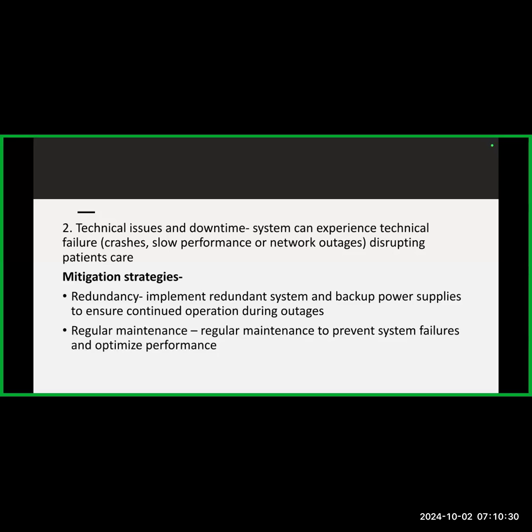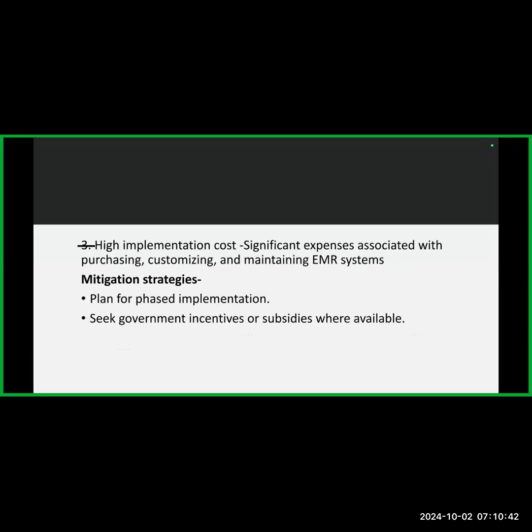It could be having local access, that's the intranet, that can still give you access to a few things, or even having a paper system available where when these documentations are made, they can be transferred eventually to the system when it comes back up. And of course, another way to prevent or manage this is regular maintenance. Cost of implementation, well, this is something that must be planned before you start. You could do it in a phased way. You could start with just the medical part or the EMR before you